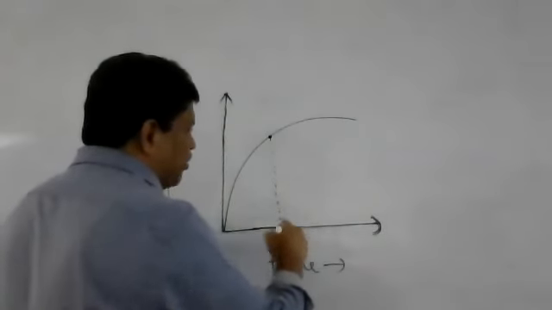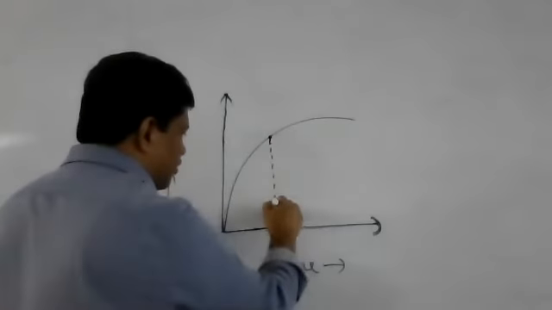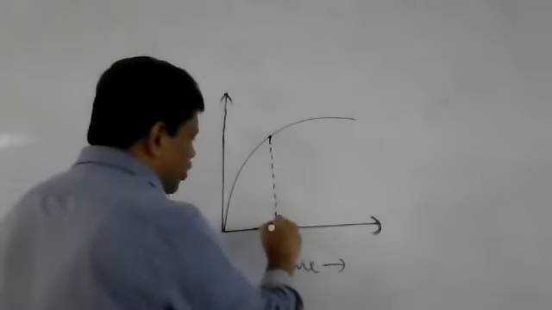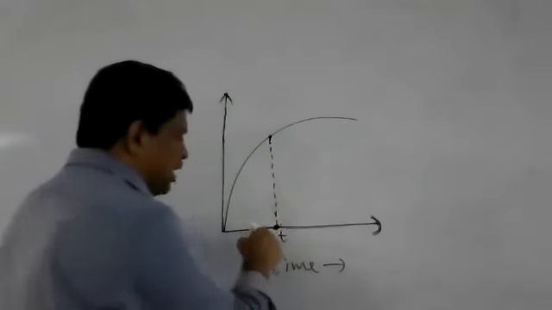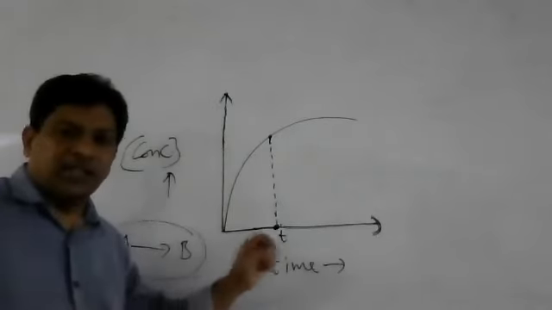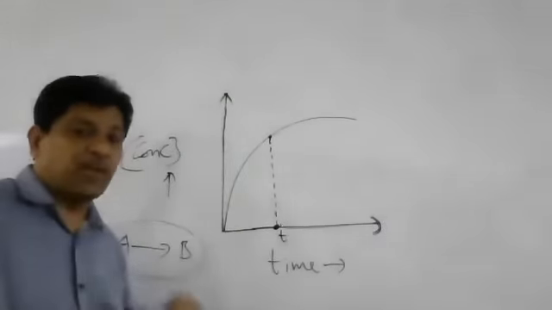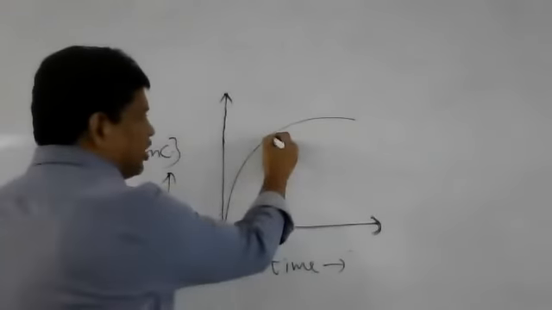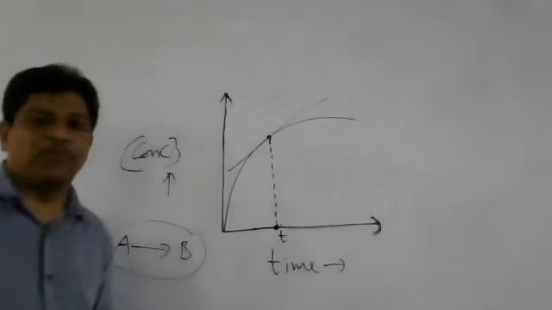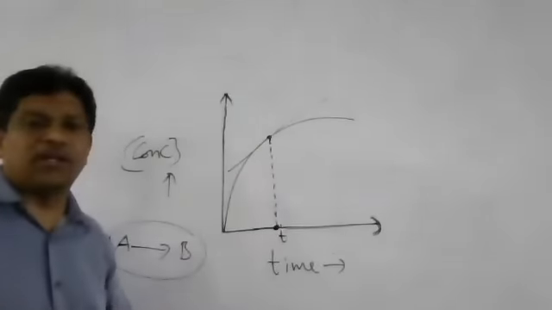Exactly at this point of time, if you want to determine the rate of reaction, at this point exactly. Exactly at the 4th second or the 3rd second, like this, at an instant of time, at a particular instant of time, if you want to determine the rate of reaction, the change of concentration of product. Here we draw one tangent, and the tangent is drawn along this point.